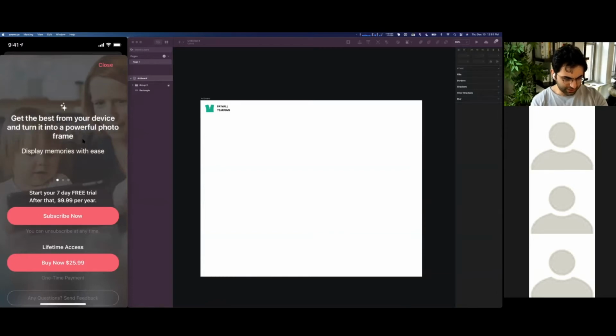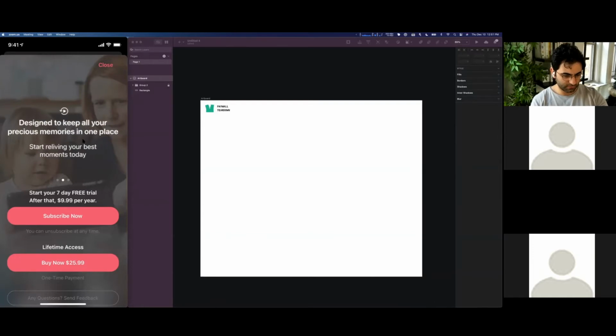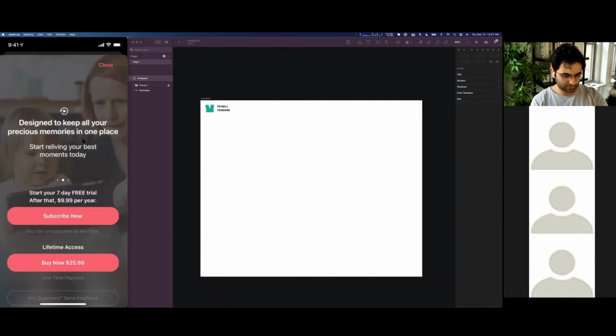So for this, I would change the text to "turn your iPhone into a powerful photo frame." And I would remove "display memories with ease." I would also be interested in,